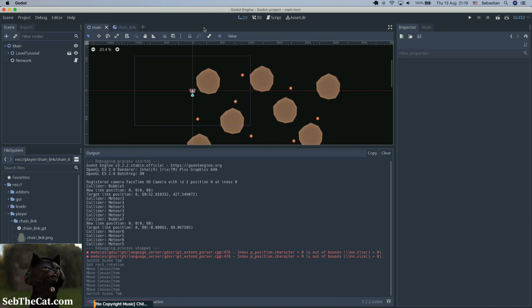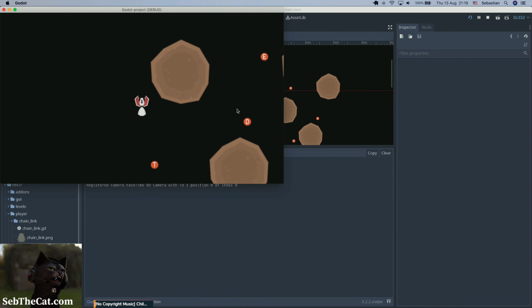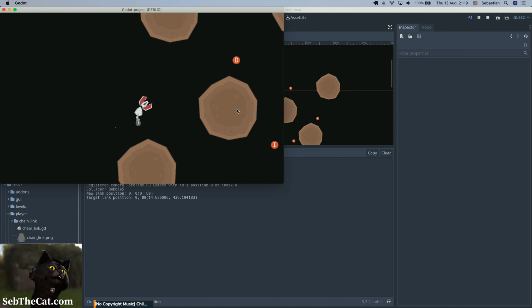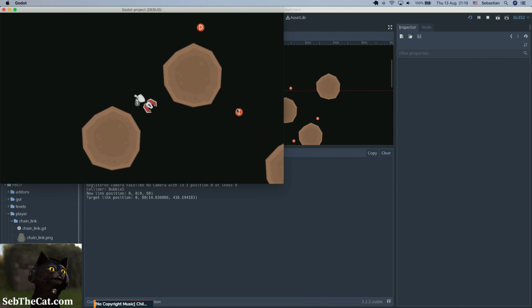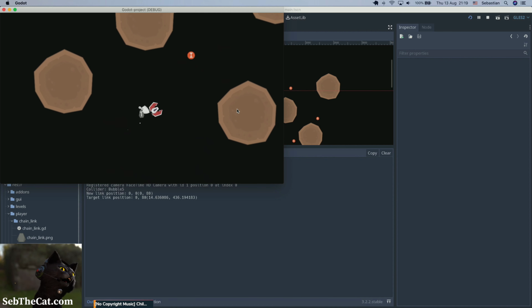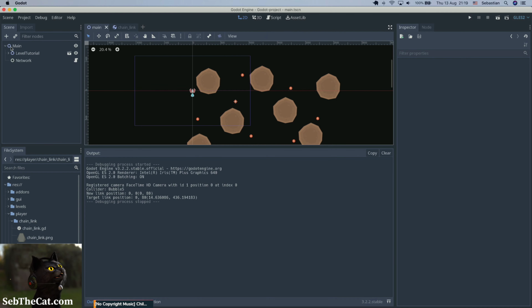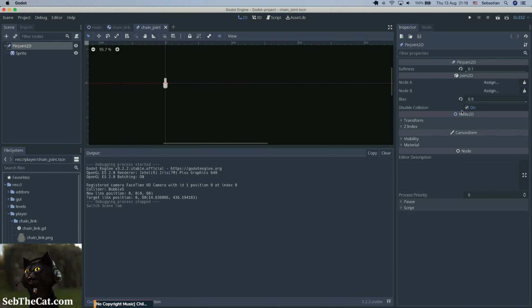Okay, so now what do we do? It's really funny because I swear to God this is how I tried to build this originally and it wasn't working. Okay, so the next thing we need to do is enable the collisions between the chains, right? So that means going into our chain joint scene and just disabling the disable collision, and then going into our start link scene